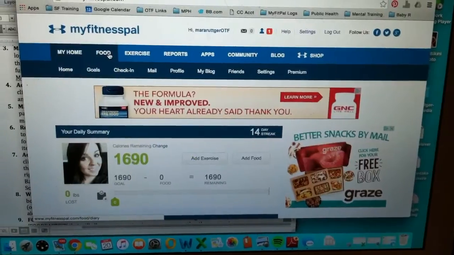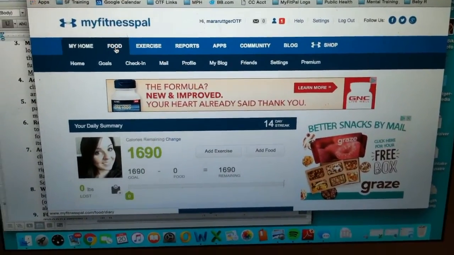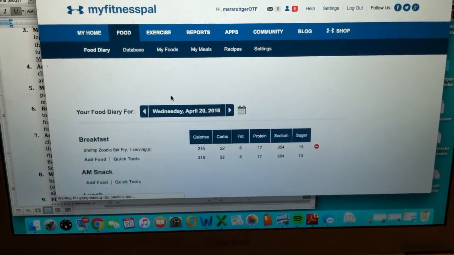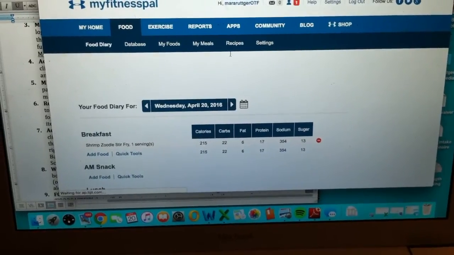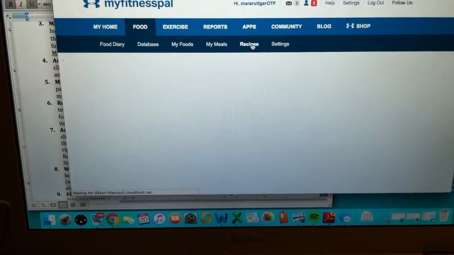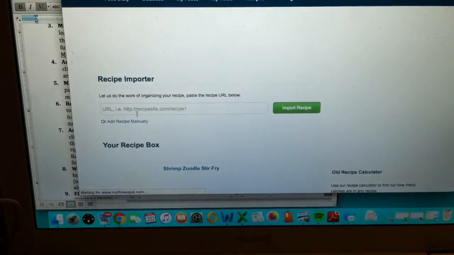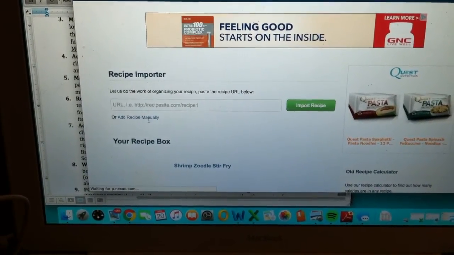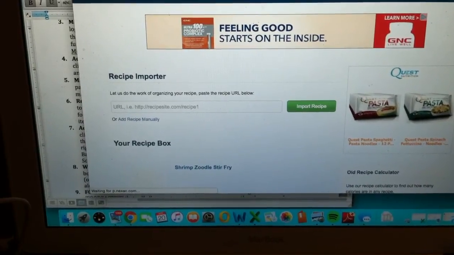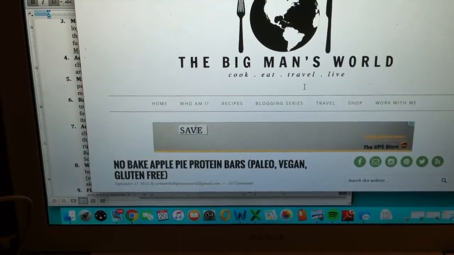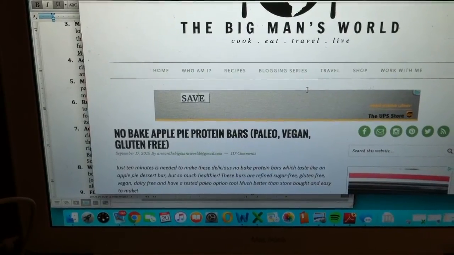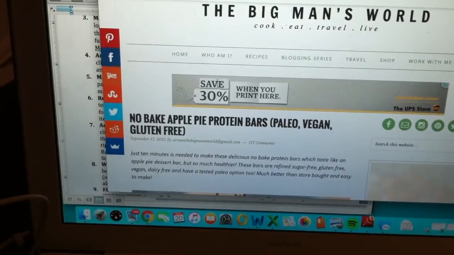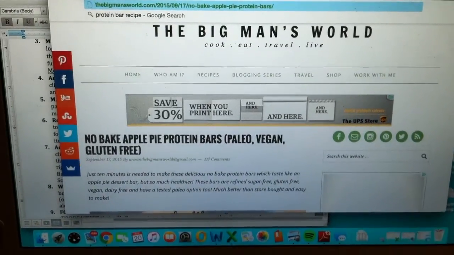All right, so same thing on the computer. You're going to click on food, go to your log. It'll load here. You're going to go to recipes. And same thing, you're going to do that recipe importer either using the URL or entering it manually. So I'm going to show you an example. Now I have these no-bake apple protein bars that I found on Pinterest. So if I want to use this recipe, all I do is copy and paste the URL,